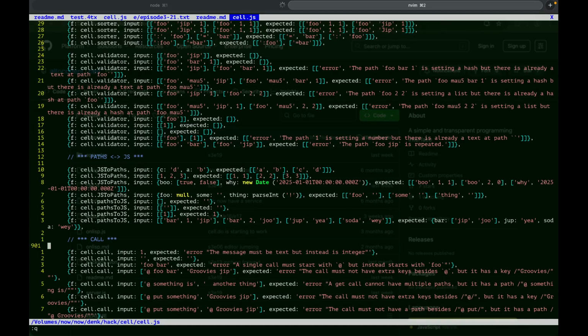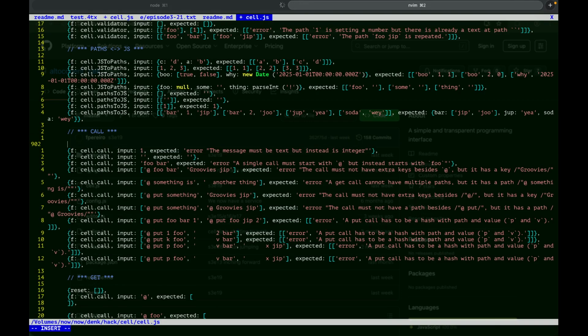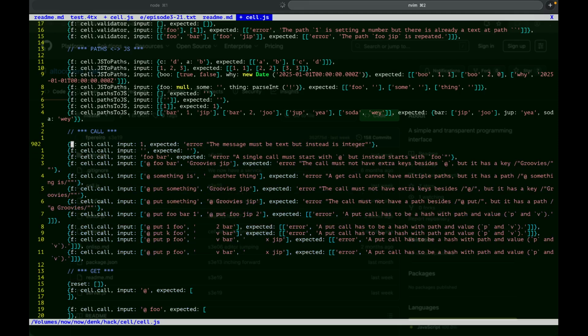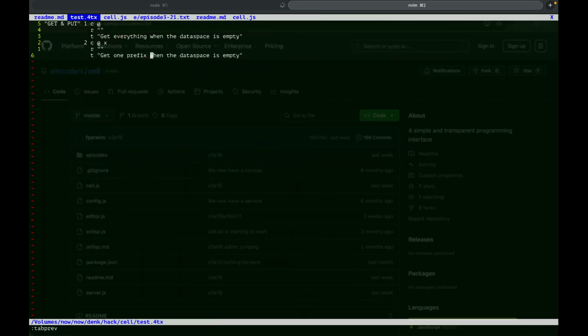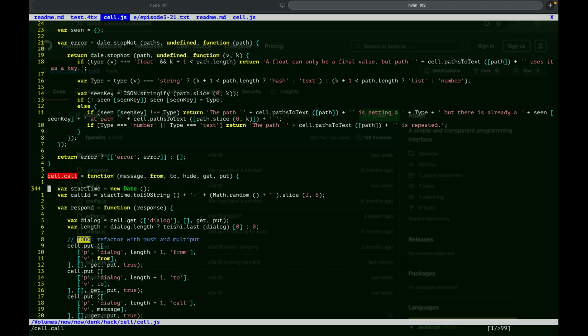Maybe we should test it all through cell call. We'll get there, but for now what I want to do is all these validations. I think it's going to be faster if I do things one at a time, right? I think so. So if I just get the test out,